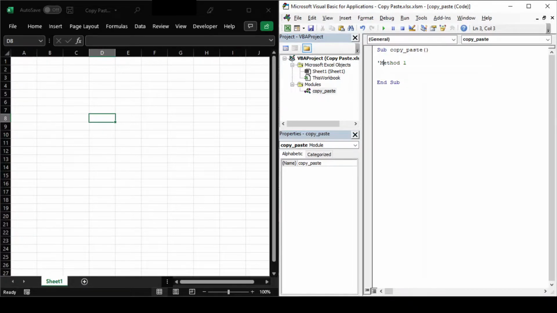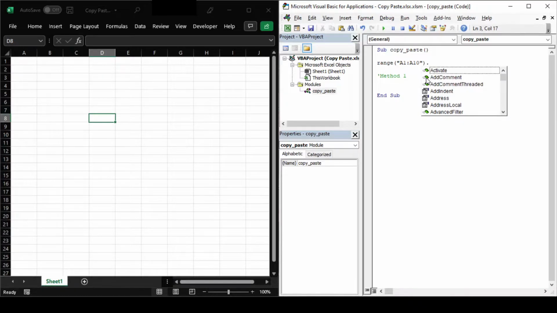First, let us write some data in the sheet to enable us to perform copy paste on the same. We'll write Range, in brackets, in double quotes, the cell address where we want to write, let's say A1 colon A10, dot Value equal to, in double quotes, sample1.